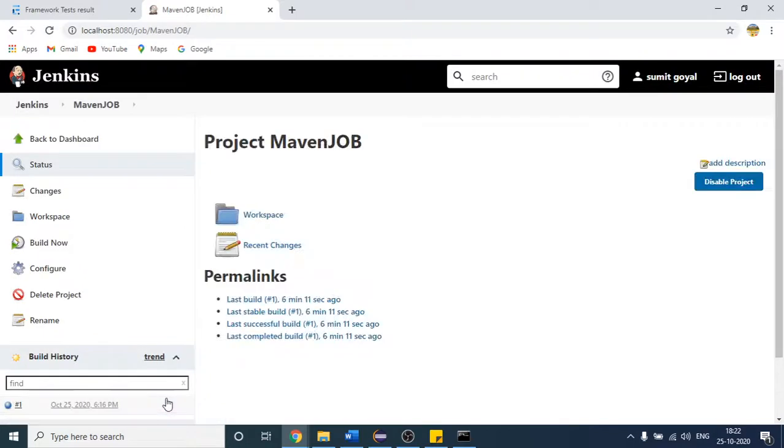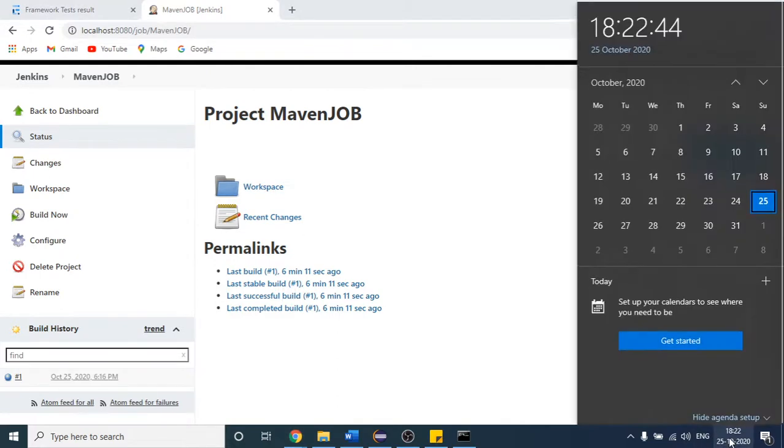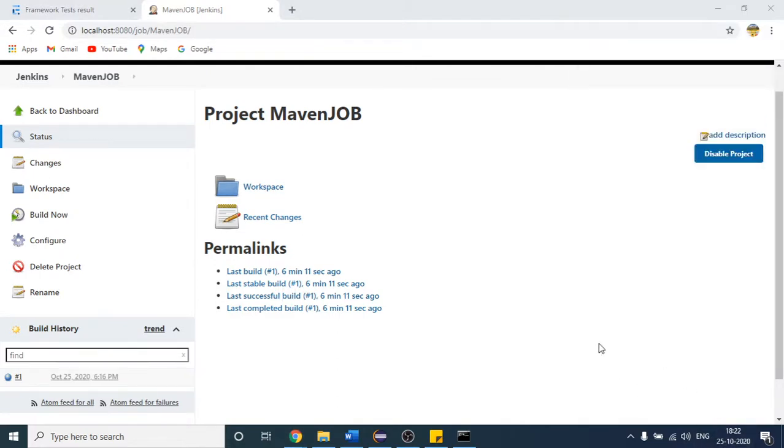So let us wait. This time I will not click this build, right? Here is my mouse and you can see the time. Let us wait for 6:24 to hit the clock. Okay, I should have provided 23. We would have done our task very quickly, but let us wait. You can also configure that if you want, but by the time I configure, I think 6:23 will already be the time in the clock.